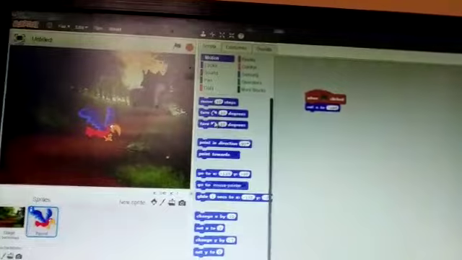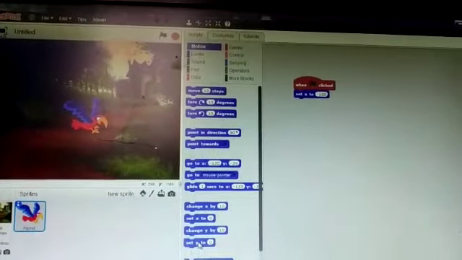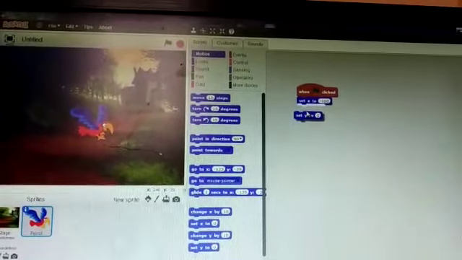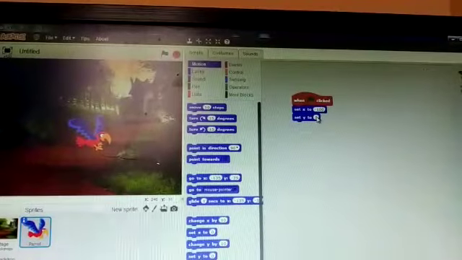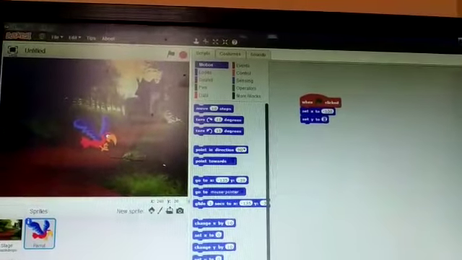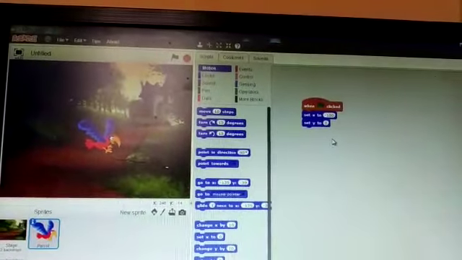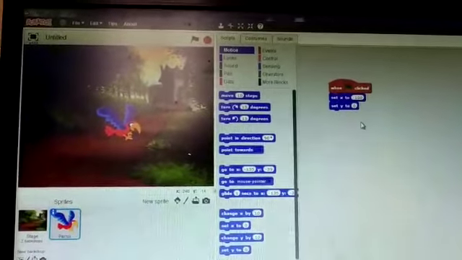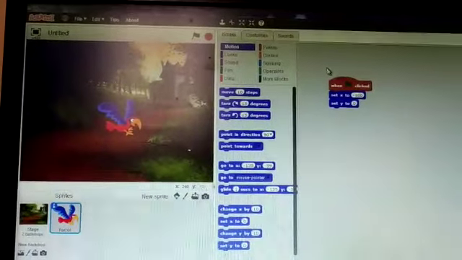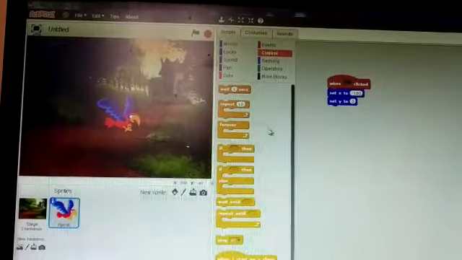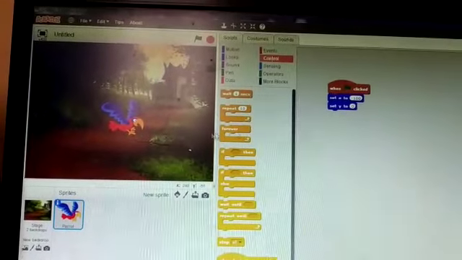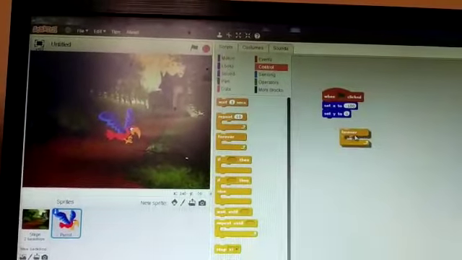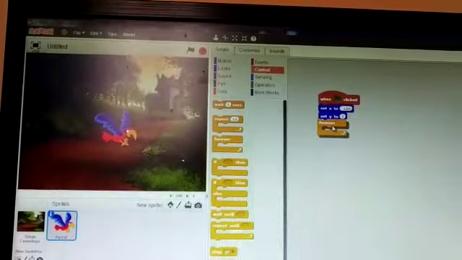Then afterwards set y to here. Just drag it. It will come. Here you keep 0. It's okay, I think. Then go to this control block. Use forever. Just drag and drop it.